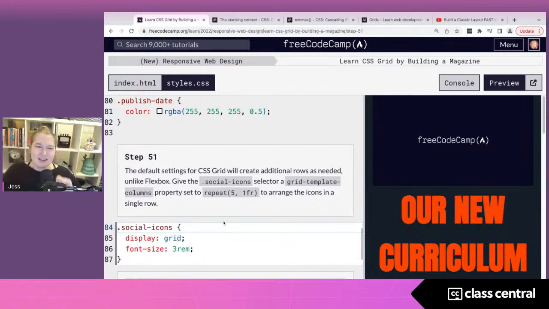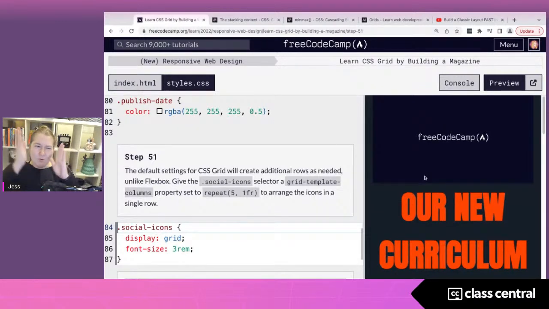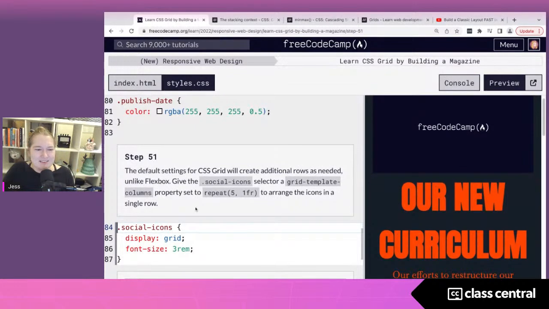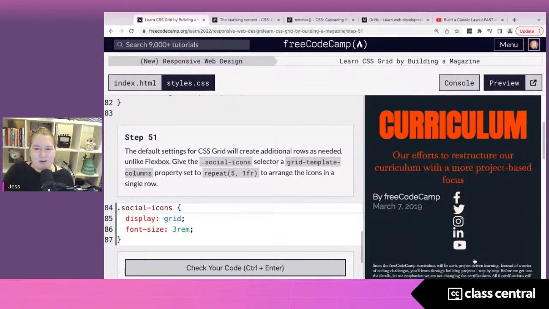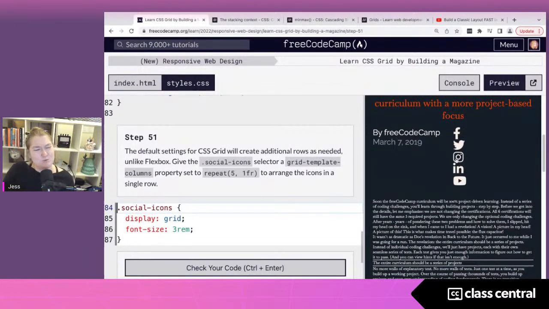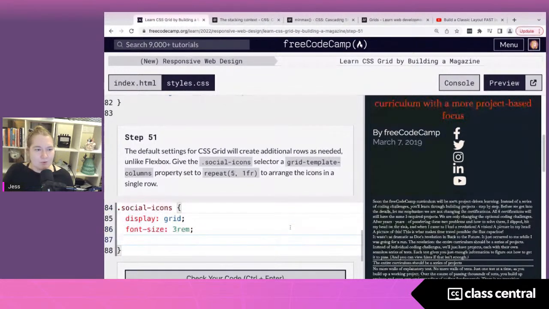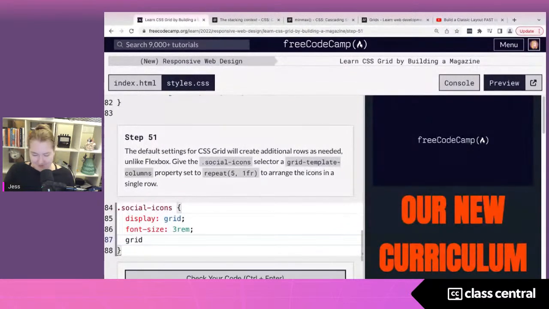The default settings for CSS grid will create additional rows when we need them. So let's go ahead and set our social icon a grid template columns, repeat 5, 1FR, and that's going to lay these babies out in a single row. Because right now they're in a column, and that column feels weird, doesn't it? So grid template columns. And we're going to set this